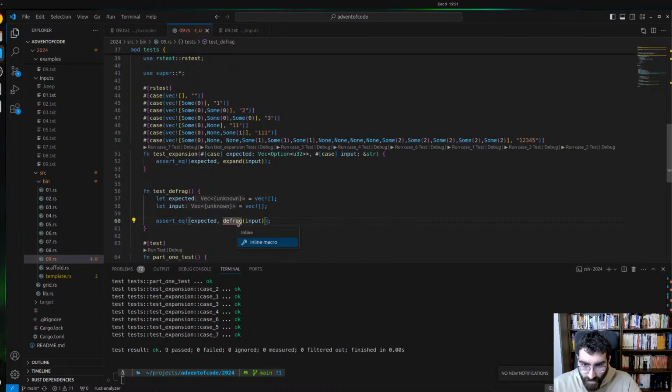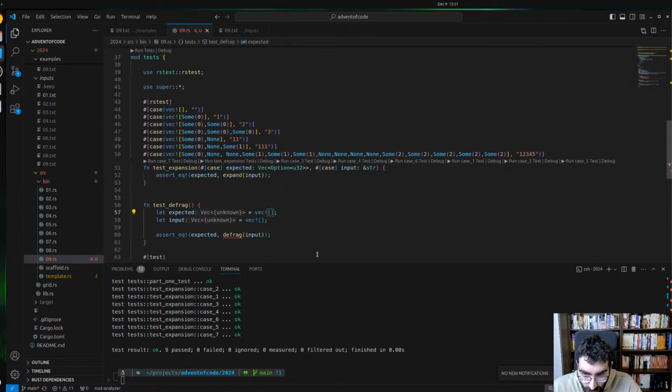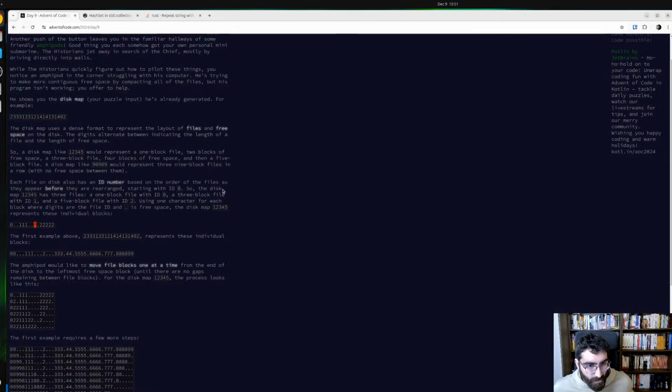The frag will take... So let's try to write an example for this, a simple example. We could write the first one, but it's not so easy. So maybe